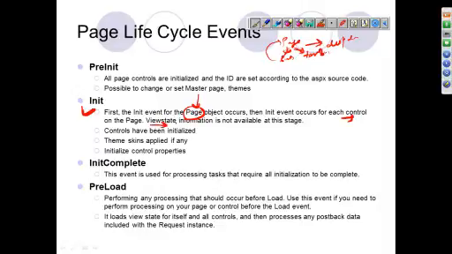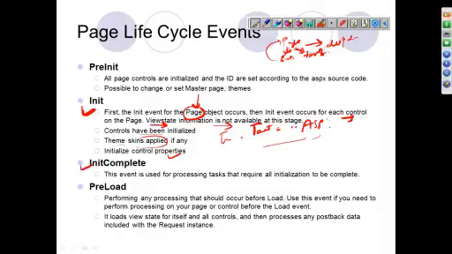What is view state? View state information is not available at this point of time. Controls have been initialized. If we are using any themes or skins, skin files basically give the look and feel to the page, so those are applied, and the properties of the controls are initialized, like text. So TextBox1.Text, if we are doing this in ASP, will be initialized. Okay, this will be available now.